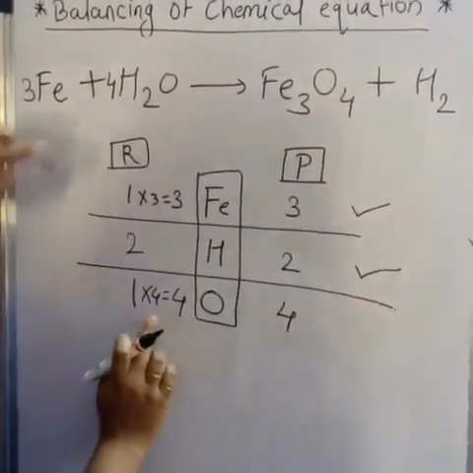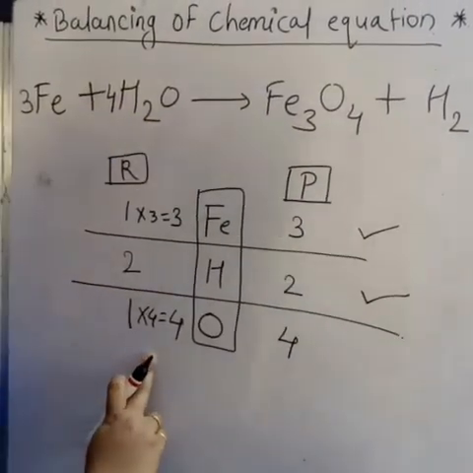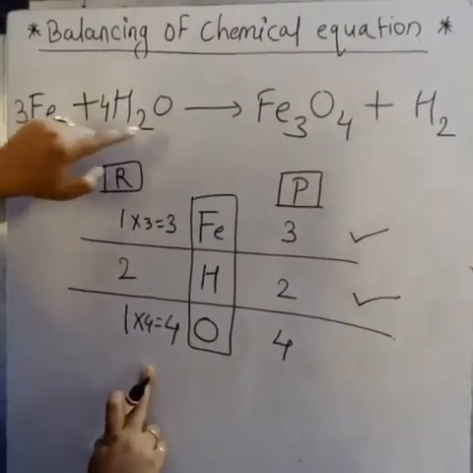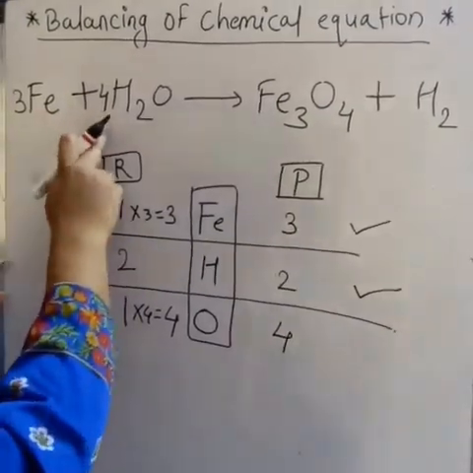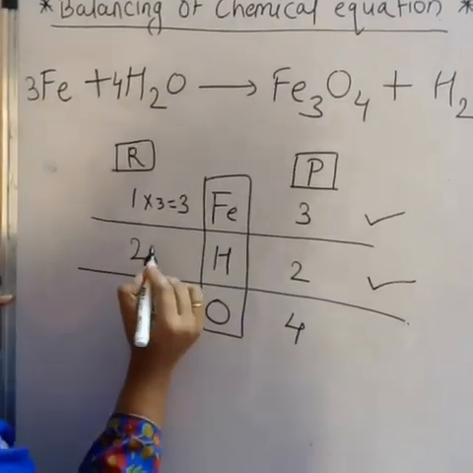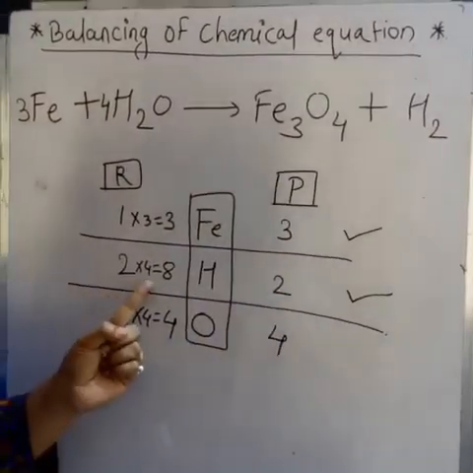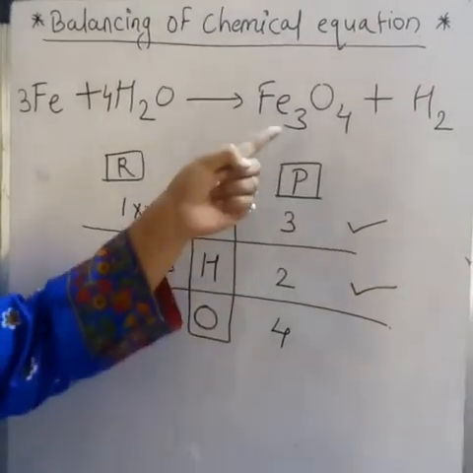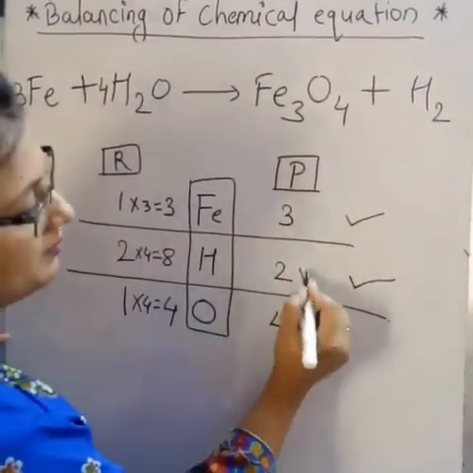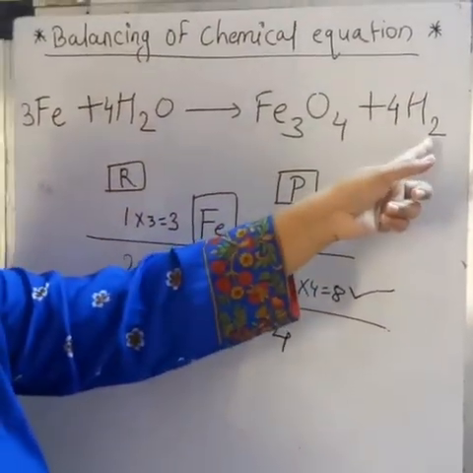But because of this coefficient, student, let us understand that the hydrogen number changes because we are multiplying the whole compound by 4. So each and every element present in the compound gets multiplied by this coefficient. Because of this 4, the hydrogen atoms in the reactant side change. So it becomes 4 2s are 8. Now if hydrogen changes to 8, we require 8 hydrogen atoms in the product side. We have only 2, so we can multiply here by 4 and we'll get 8. So we are multiplying the hydrogen molecule by coefficient 4.